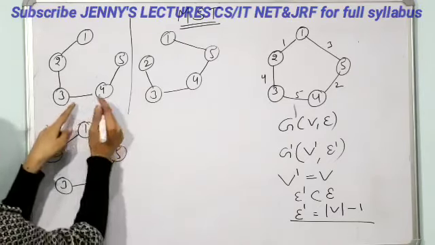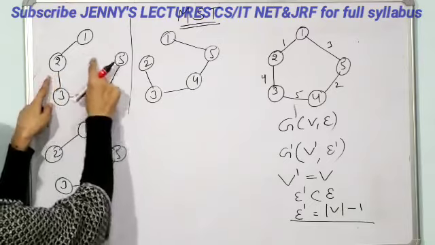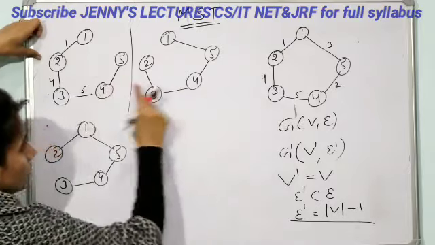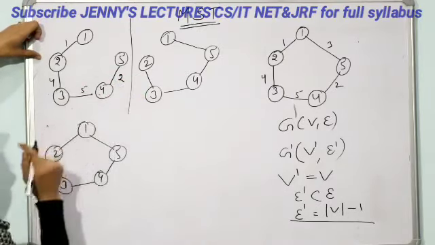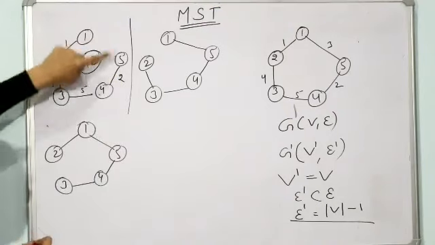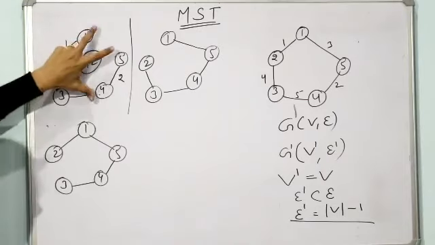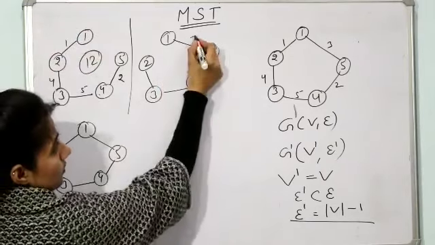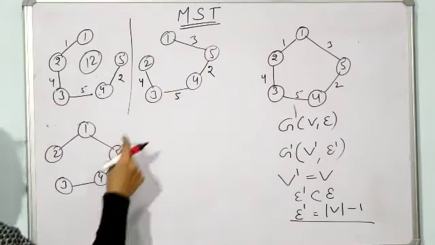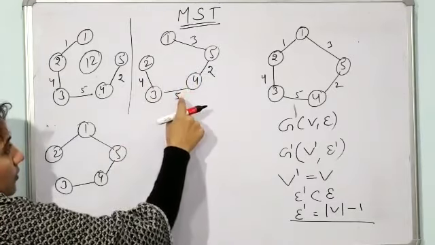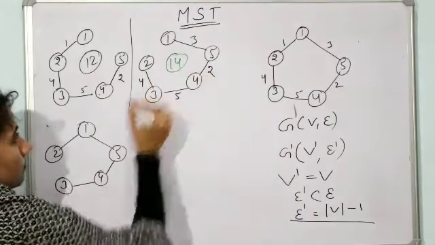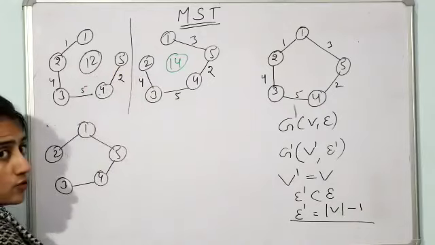Let us suppose you have constructed this spanning tree. Now what is the cost of this spanning tree? This edge is having 1, this is having 4, this is having 5, this is having cost 2. Now what would be the total? 4 plus 1, 5, 10 and 2. 12 is the total of edge weights of this spanning tree. Now the next spanning tree has 3, 2, 5 and 4, and the total would be 7 plus, I guess this total is 14. Fine. Now 12 is less than this 14.